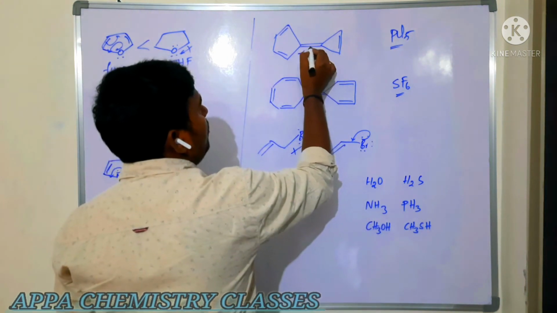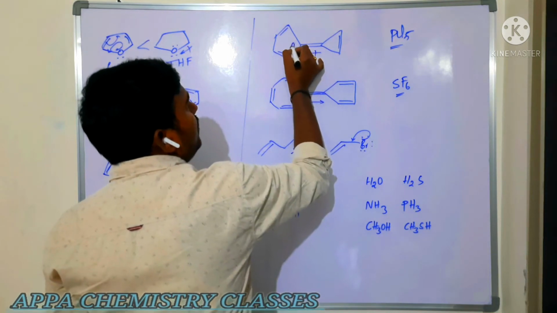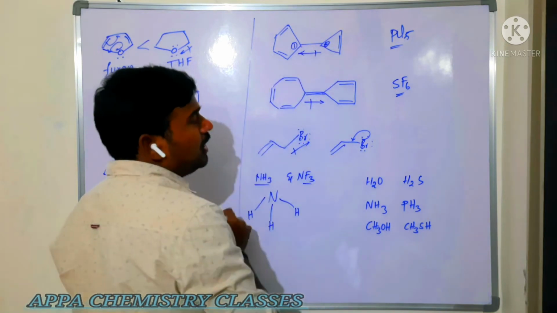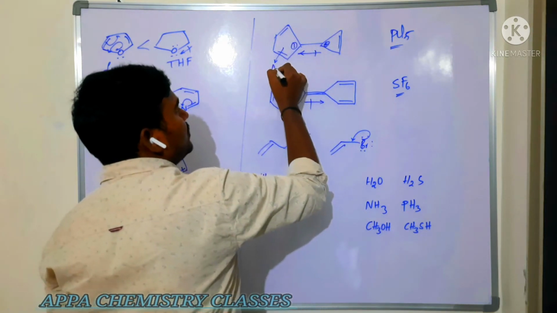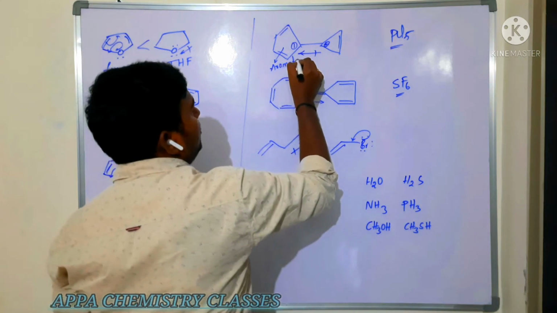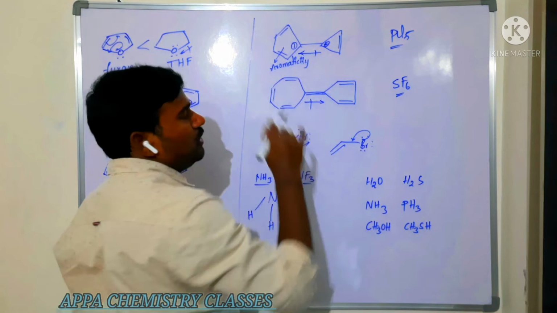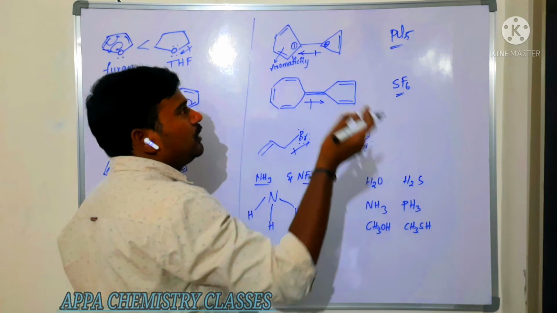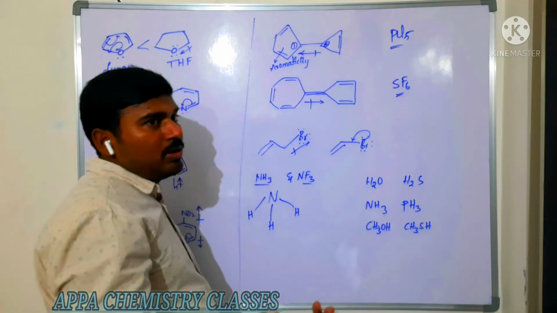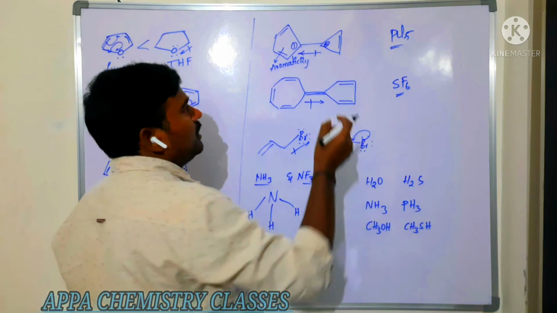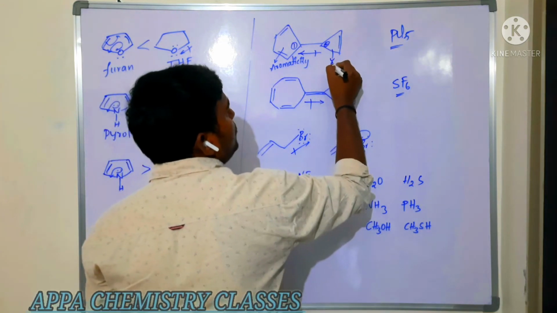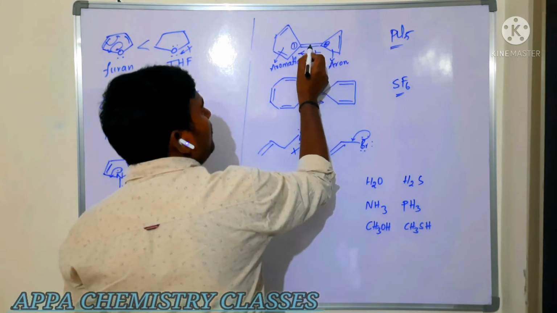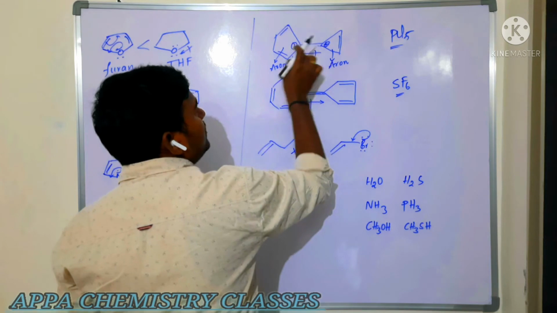Now among these two, bond moment, in which direction will it move? Say for example this pi bond, if it moves in this direction, then it will get the negative charge, and it gets the positive charge whenever it is moving in this direction. So then it is getting the aromatic nature. It is getting aromaticity. It is following the 4n+2 rule. That I will tell you, Huckel rule. I will make a separate video for that. So try to subscribe, and then you will get each and every video in a sequence. So it is also getting aromaticity. For that reason, the pi bond will always shift towards this carbon, and only then it is getting the stability.